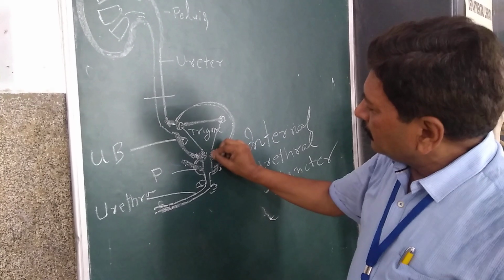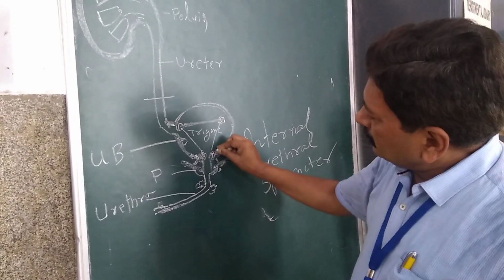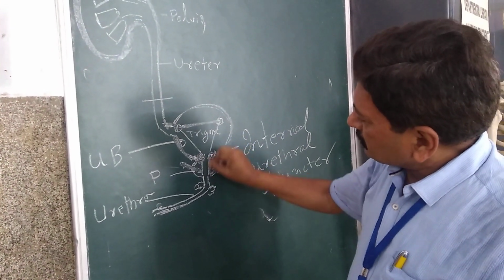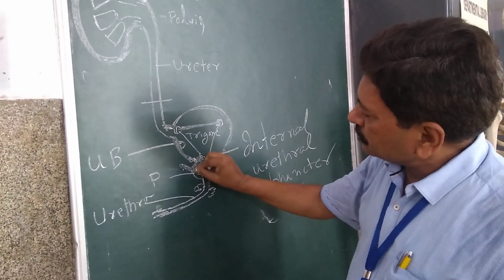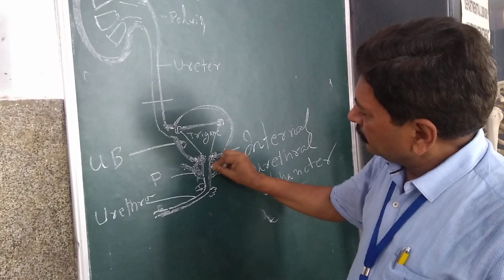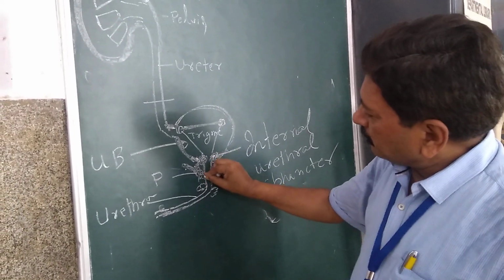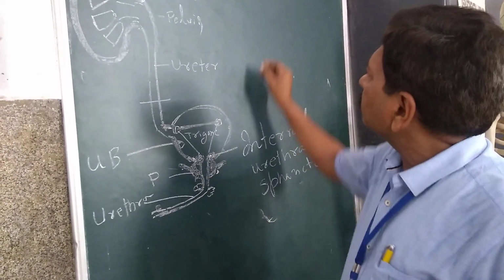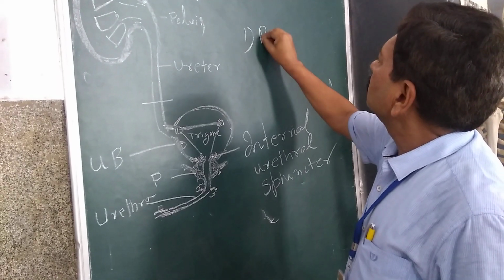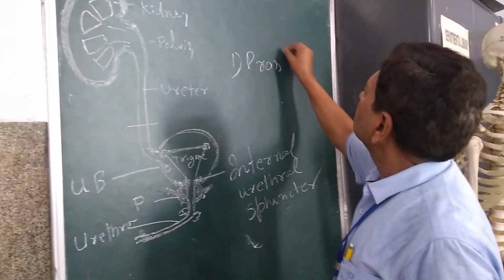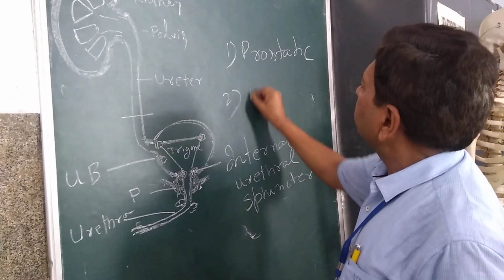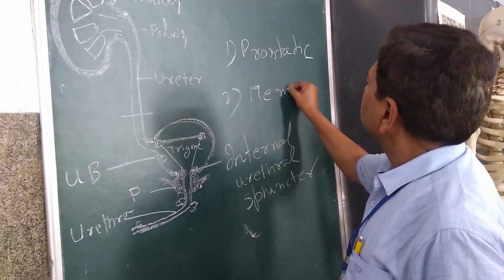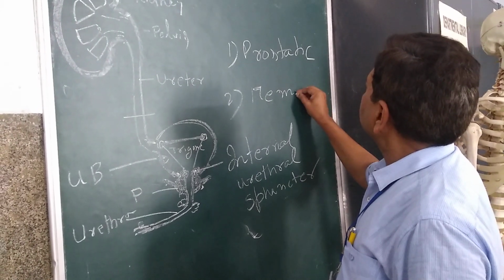From the base of the urinary bladder, the urethra starts, which is also a tubular structure. It crosses the prostate gland. So the first part of the urethra is the prostatic part. Second is the membranous part,